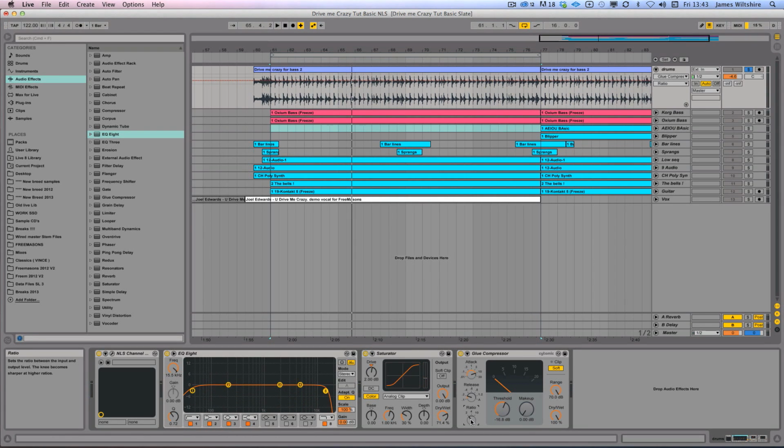Having a ratio of 2 was a favourite desk setting for a lot of engineers. It just really did help to do the magic glue that the SSL compressors are well known for. The reason I've got the soft clip on is that we're going to push out of this compressor into the soft clip a little bit, and we're going to use one very, very useful control on this, and this is